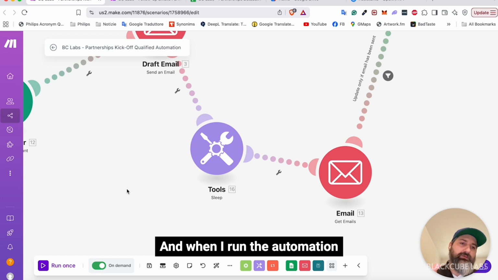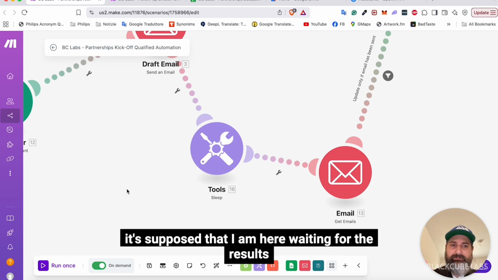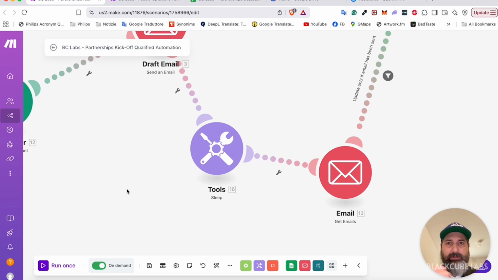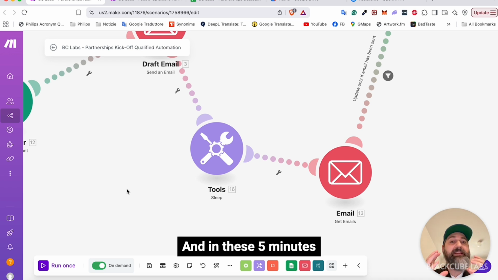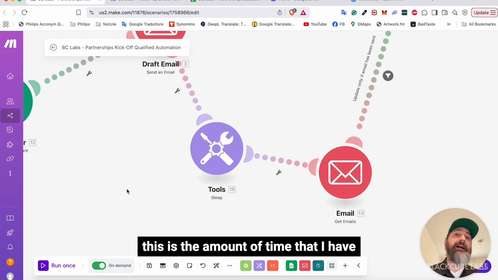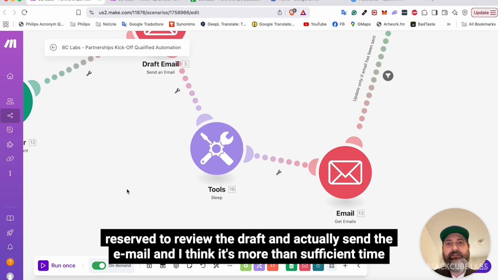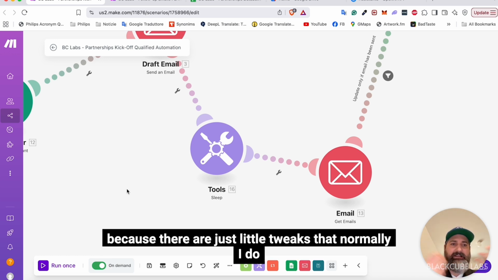And when I run the automation, it's supposed that I am here waiting for the results. So I have this sleep of 5 minutes. And in these 5 minutes, this is the amount of time that I have reserved to review the draft and actually send the email. And I think it's more than sufficient time because there are just little tweaks that normally